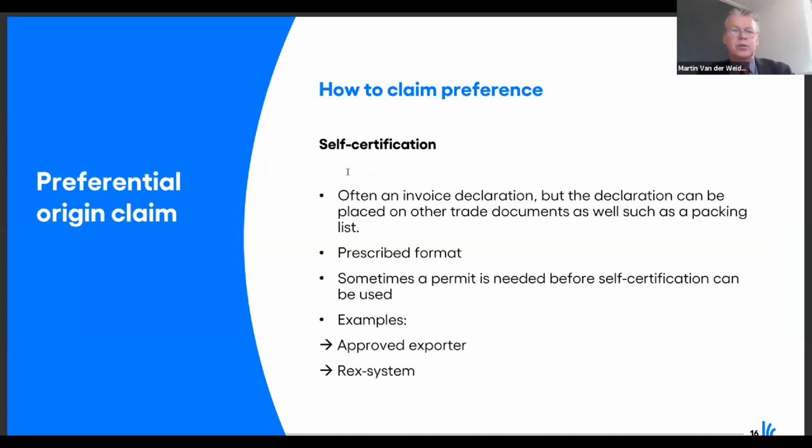Another option is self-certification. Maybe you've heard about the REX system, an approved exporter. What it is, you put a text on a trade document. And most often you put a text on an invoice, so we call it an invoice declaration. You as an exporter, you put a text on an invoice, so you don't need to go to an authorized body to apply for a certificate of origin. The text is a text that you can find in the free trade agreement. You put that on your invoice, and with that, the importer can claim preference and pay less import duties in